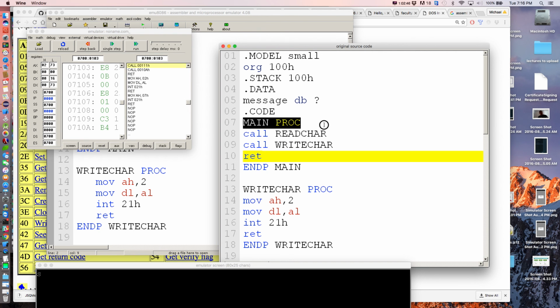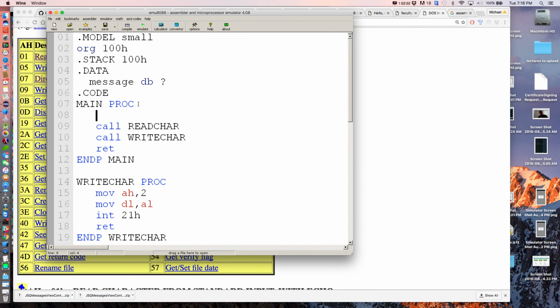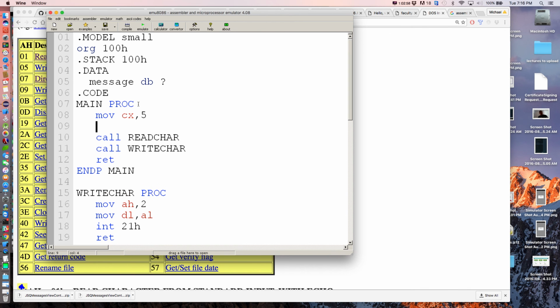Now let's go back and do our loop thing that I took the code out for, but it wasn't that much code. All right, so we'll move into CX 5. Then we'll call this guy read write. So we'll put a label there. A label's just a word with a colon after it. And remember, by default,